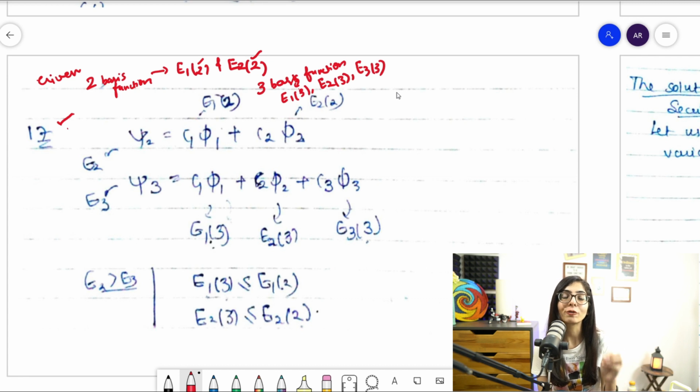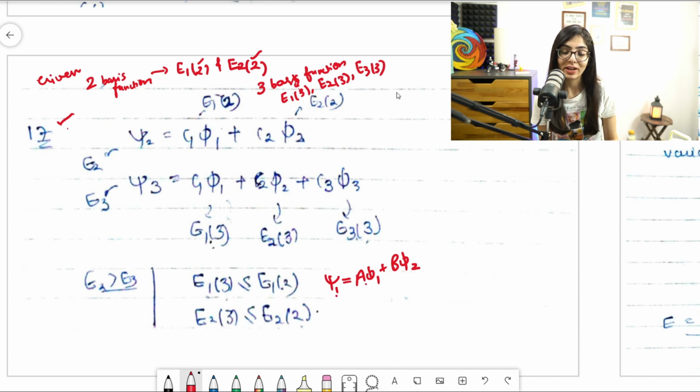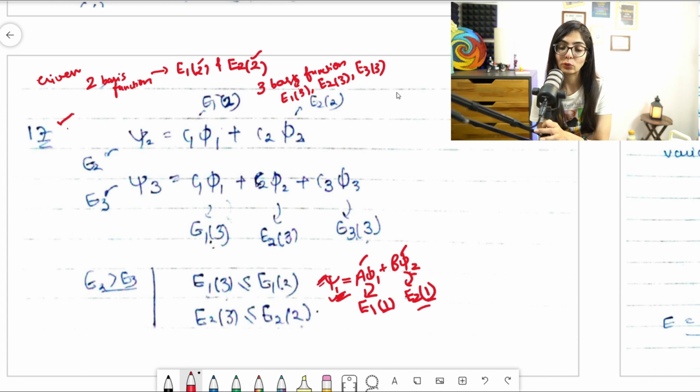So this is the numbering of the wave function. If I take psi 1, it is equal to a phi 1 plus b phi 2, like that. If I have to explain the energy differently for these constituents, then I'll write E1 of this, and then I will write E2, because this has 2 and then a bracket, but it belongs to the first trial wave function. So the bracket will correspond to that only, remember that. Don't get confused over here.